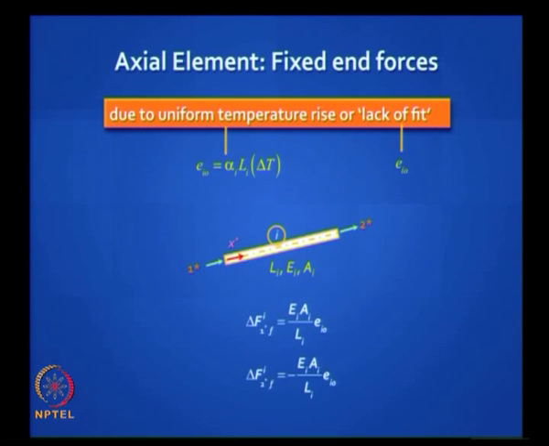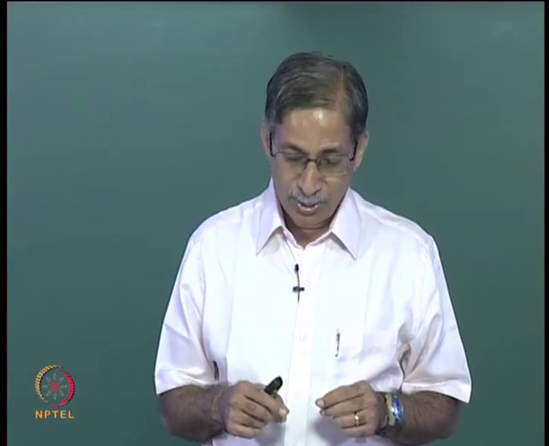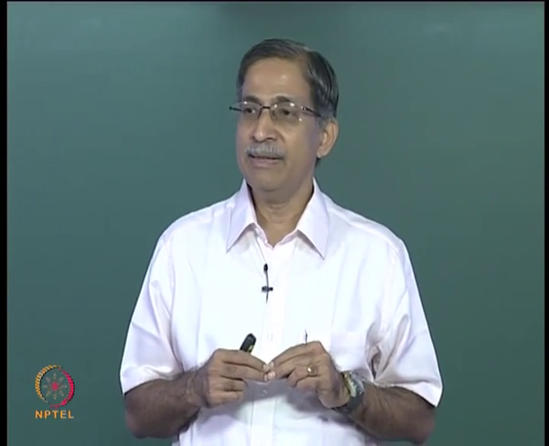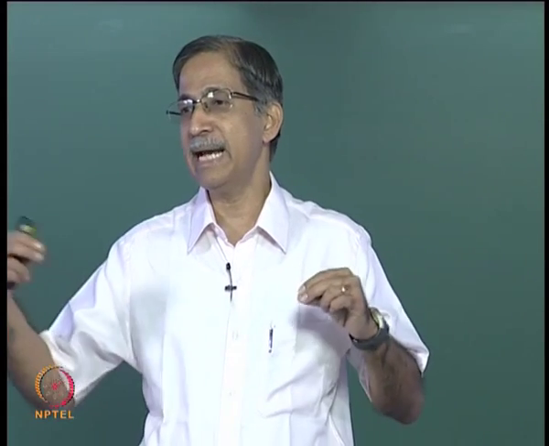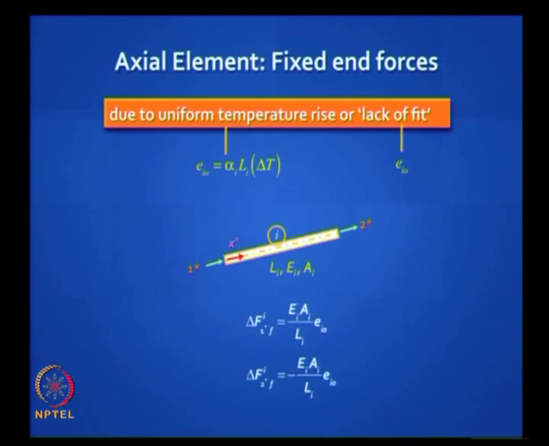There is one more type of fixed end force you can get in the stiffness method due to environmental effects. It could be caused by a change in temperature, a uniform temperature along the whole bar. You should not heat locally at one point in the bar. Let us say the entire temperature in the bar is raised by 20 degrees Celsius or cooled, so that is delta T. We use the notation delta naught to refer to the change you would get under free condition, that means no restraint, and that is given by the coefficient of thermal expansion alpha times the length times the change delta T, clear?